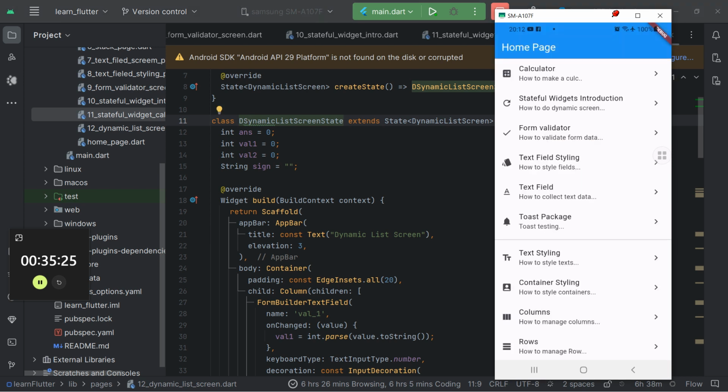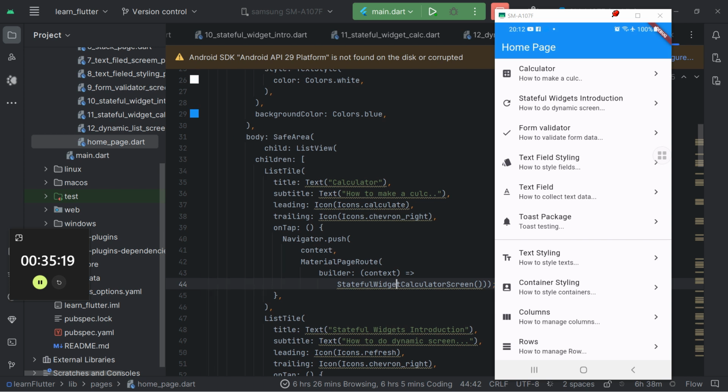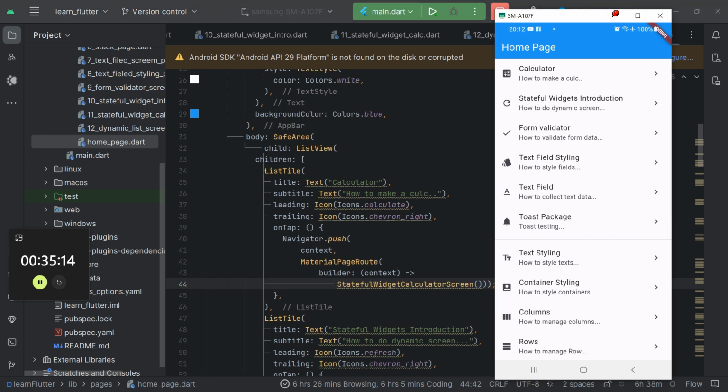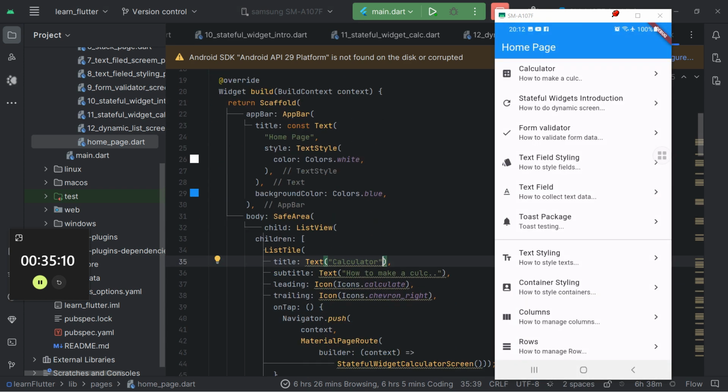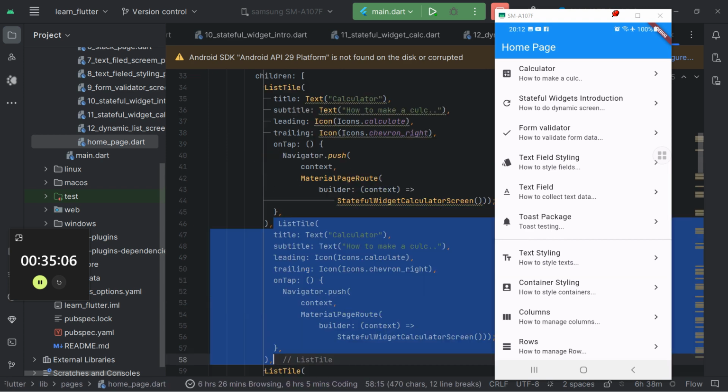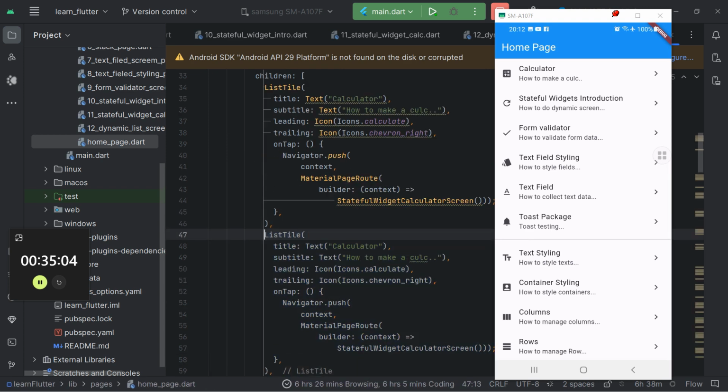We're going to add it here. So to add it there, we'll have to come to our home page. So I'll come to our home page, and then I'll go ahead and duplicate this first one, and then after duplicating it, I'll come here and put dynamic list as the title,